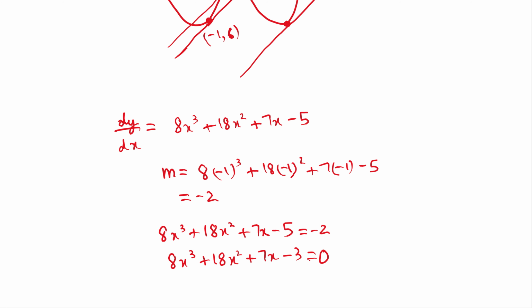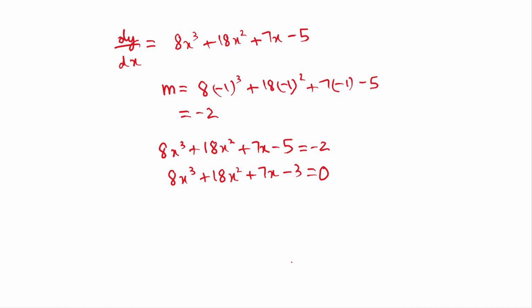Now we need to solve a cubic equation, and we don't have a calculator to solve this question. So hopefully we know that one of the solutions to this equation is -1, because we plugged in -1 to get -2. If you're not sure how, you can just plug in -1 in this equation and this will equal 0. So what I can write is that x plus 1 is a factor of this equation, and the quadratic factor left is ax squared plus bx plus c. Now we need to find the coefficients a, b and c.